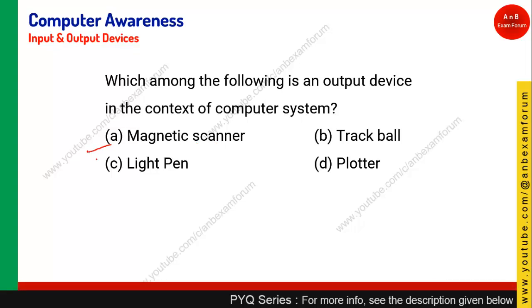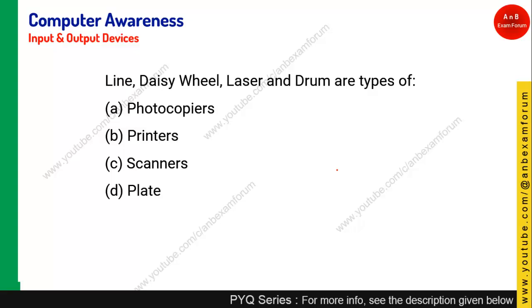As we know, magnetic scanner is an input device, trackball is an input device, light pen is an input device, whereas printer and plotter are output devices. So option D is the right answer for this question. Coming to the next question,